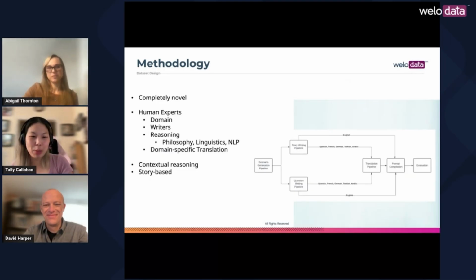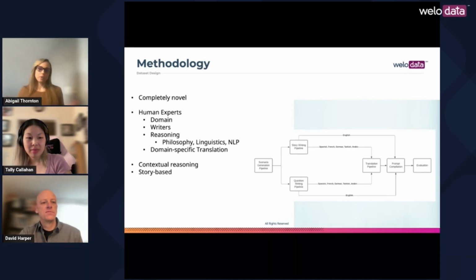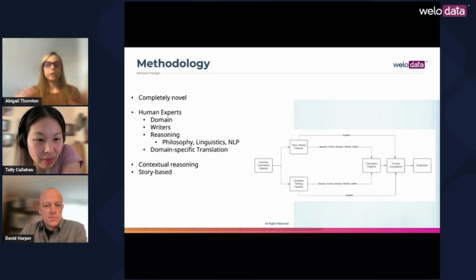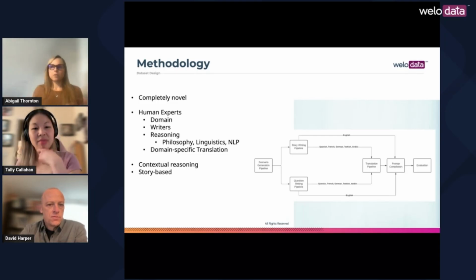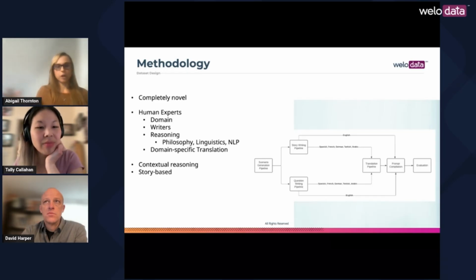Abigail, can you explain the methodology behind creating prompts for bilingual and cross-lingual evaluations and how that affects the outcomes? Yeah, so one of the most important things about our data set is that it's completely novel. So the model's never seen this data before. Another important aspect of our data set is that it's all human generated, and we work with experts to create this data. On the slide, we have an image of our pipeline for the data creation.